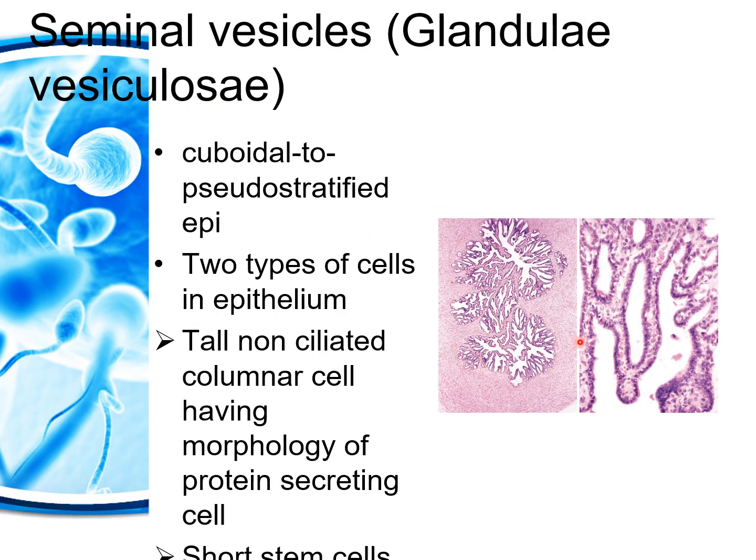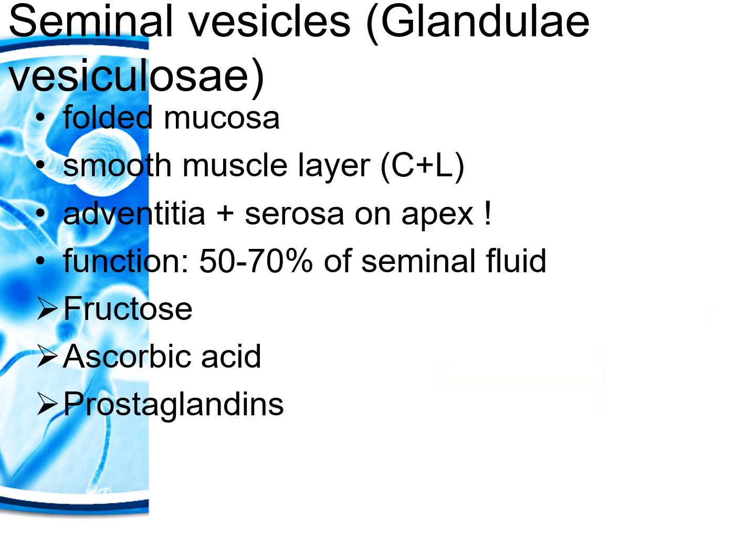Epithelium is cuboidal to pseudo-stratified columnar ciliated. Two types of cells are present in the epithelium. These are tall non-ciliated columnar cells having the morphology of protein secreting cells, and short cells which act as stem cells. They have folded mucosa covered by smooth muscle layers. There are two layers of smooth muscle, the inner circular and outer longitudinal layer, but these two muscle layers are usually indistinguishable in H&E stain, and outer to this muscularis layer is the adventitia or the serosa